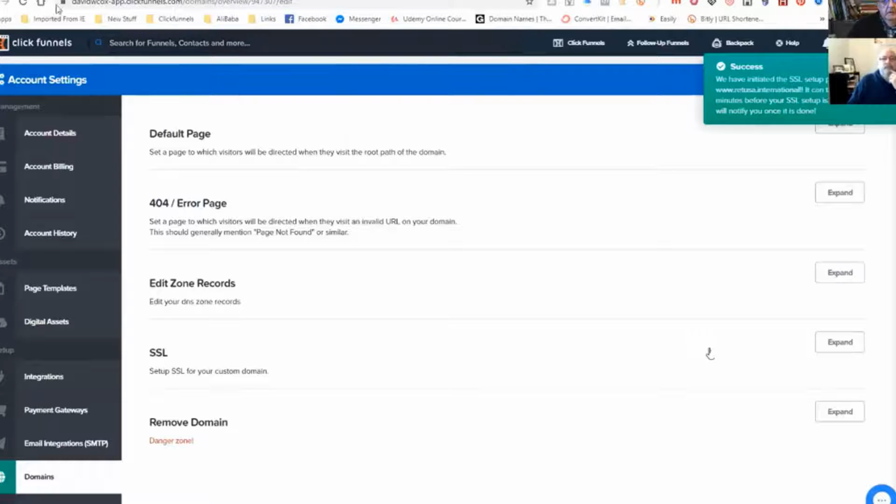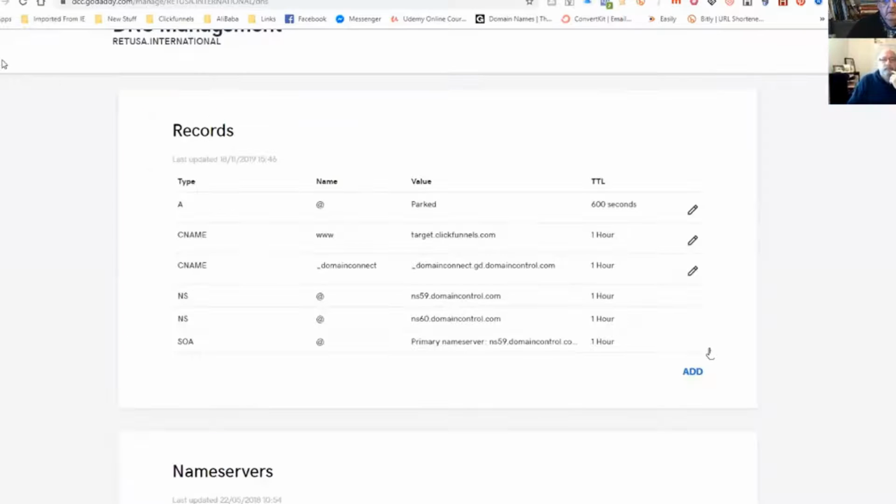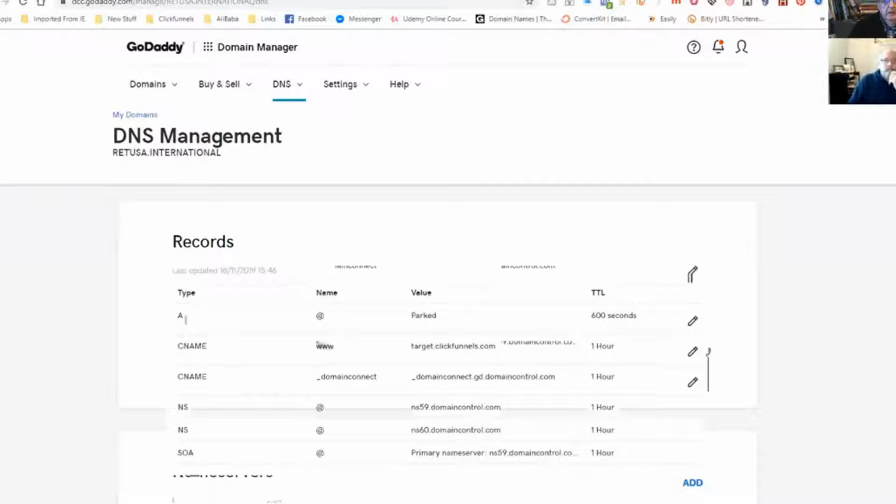So if I go back to domain, this is back to GoDaddy. And let's say I'm running retuser.international, but I want to have subdomains like it might be uk.retuser.international, it might be USA, or it might be Derek, or David, or whatever. Then for that, I need to add another CNAME record. So if I click on add,